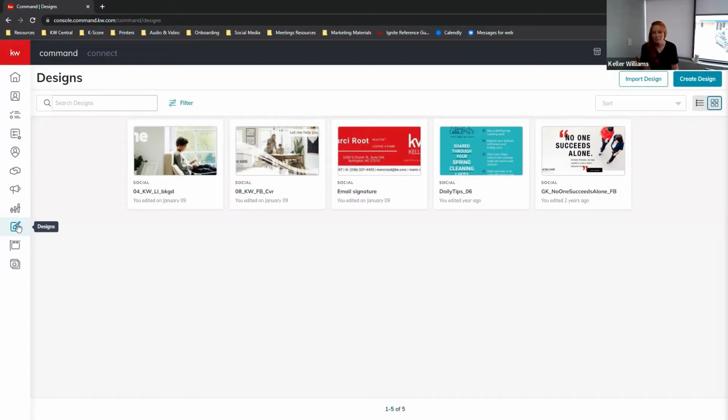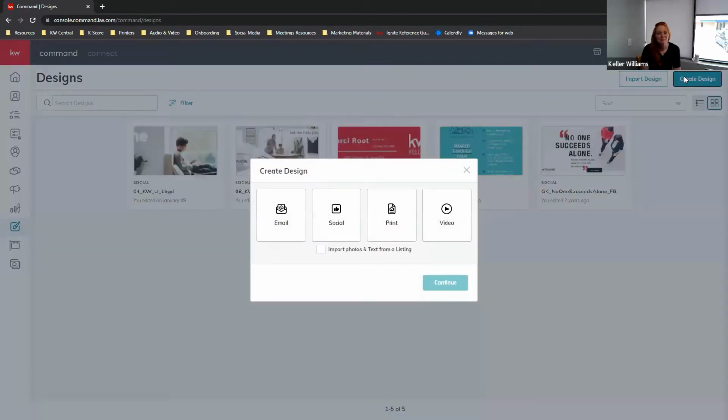So, all right. The first thing we're going to do is everybody has Command, everybody's in Designs. We're going to create design in the top right hand corner. And let's do print and continue.